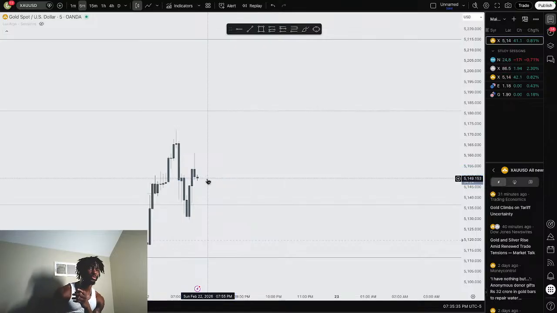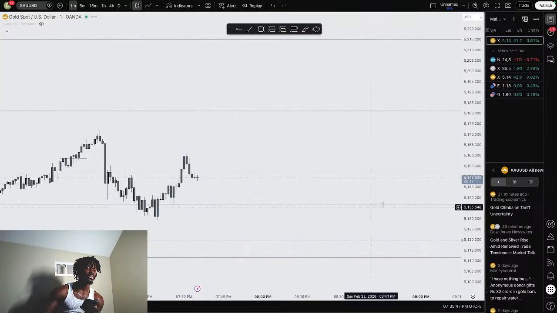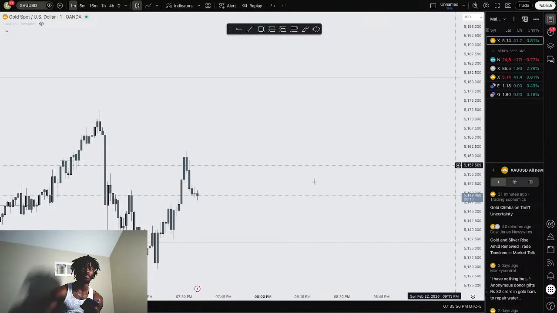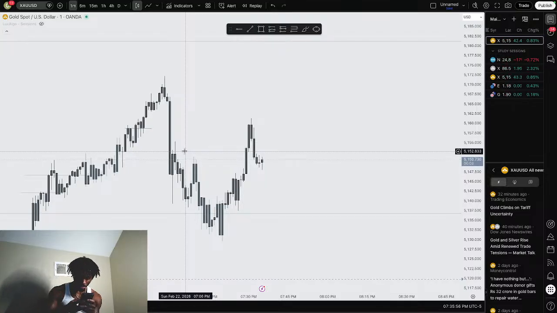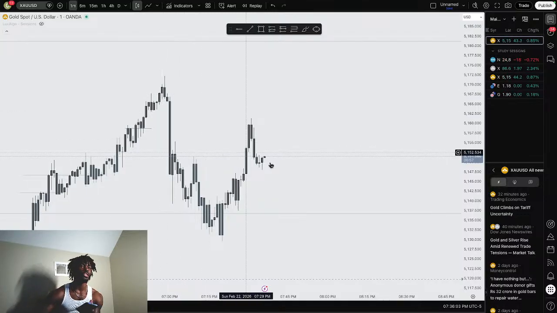The 1 minute is already aligned. The 5-minute is already aligned. Every time frame is aligned. Now all I need is just a bullish candlestick, a bullish variation, an entry for me to get in. I don't need to wait for anything else on the 1 minute time frame. I don't need to wait for any more confirmations. All I need is a bullish variation. Boom. That is it. All I needed was, this looks ugly on